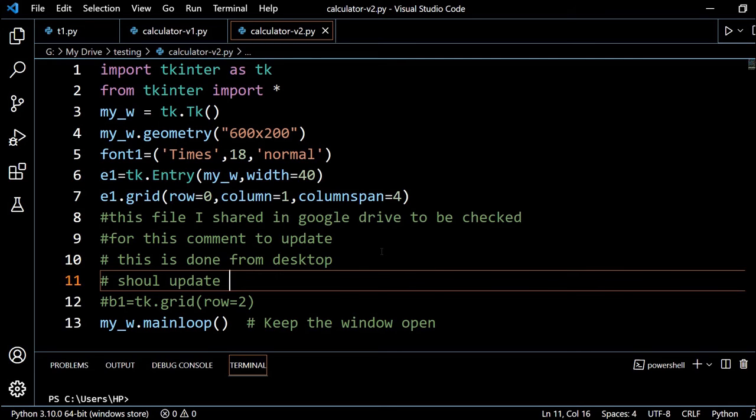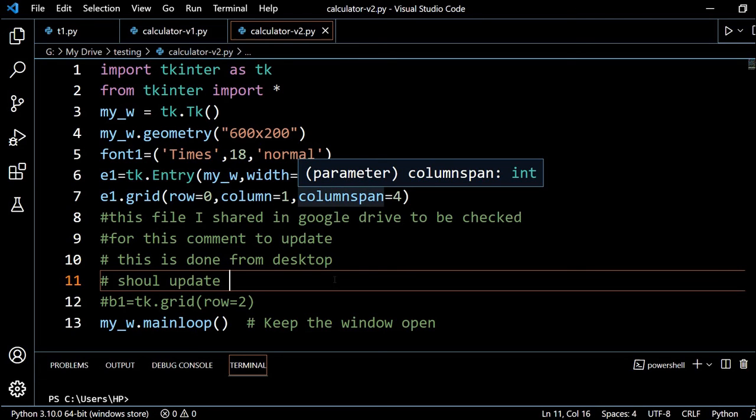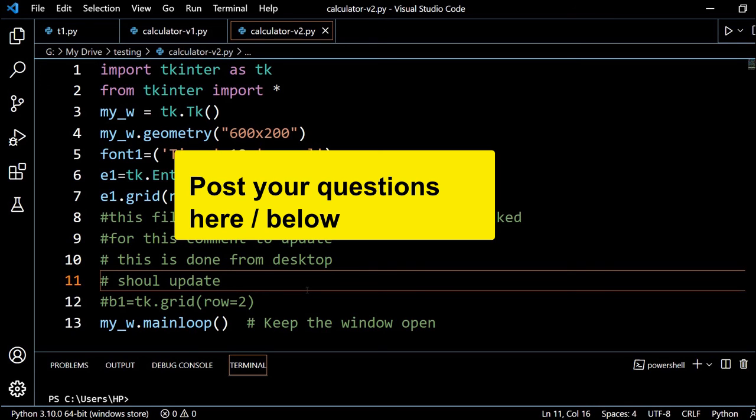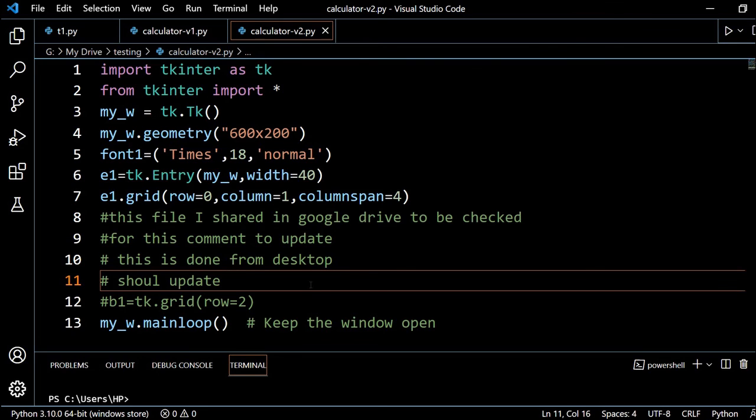The only thing is, when I started working on Tkinter, I had to come back to the desktop, because Colab is a cloud platform and I cannot get a screen output from it. There are some ways, but it's not worth spending time on that; instead come to the desktop application, because we use a desktop application in Tkinter. If you are not working in Tkinter, then go for the Colab platform. There is a tutorial on how to work on the Colab platform. I will post the link here.